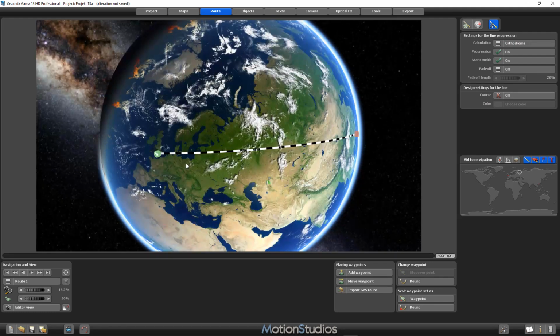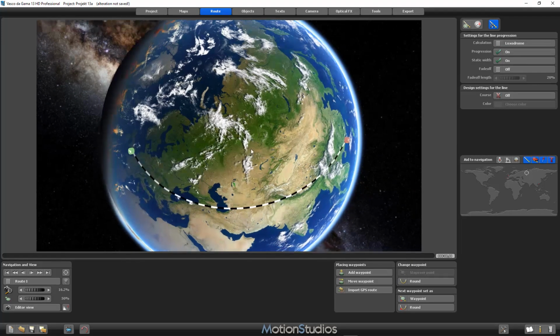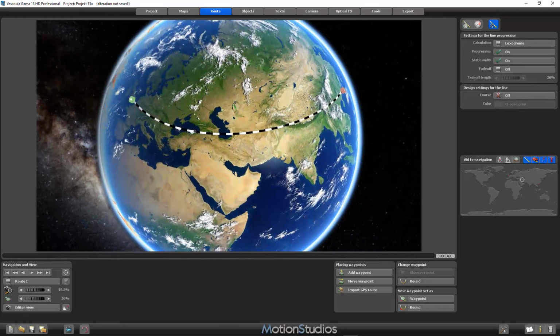The orthodrome calculation will not produce a very realistic line because it doesn't take the curvature of the Earth into account. So let's switch from orthodrome to loxodrome, and now you see what I mean. This is a much more realistic version of the direct line between London and Hong Kong. Although it looks a little bit unusual and maybe a little bit strange at first glance,